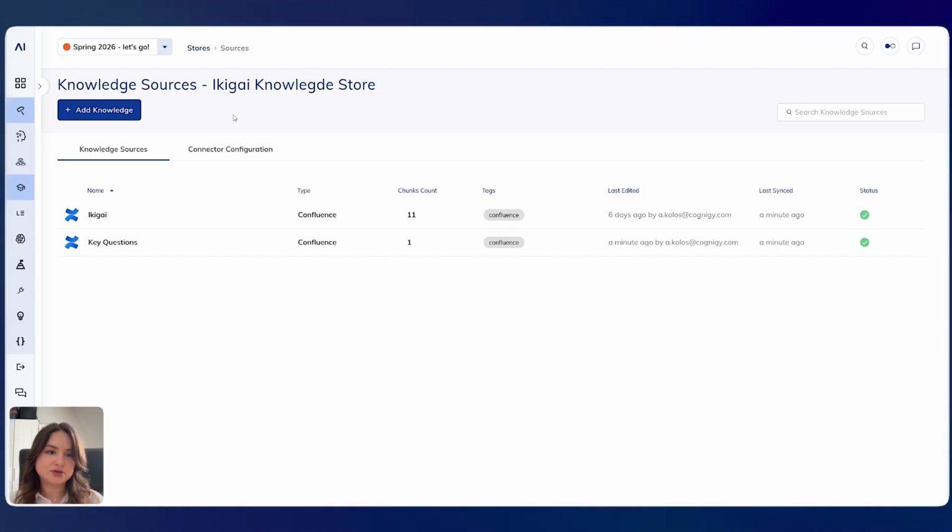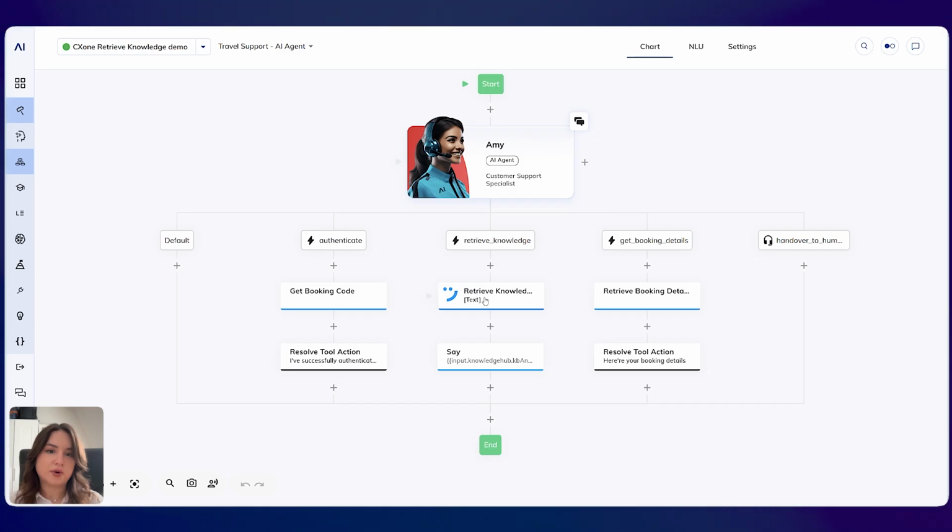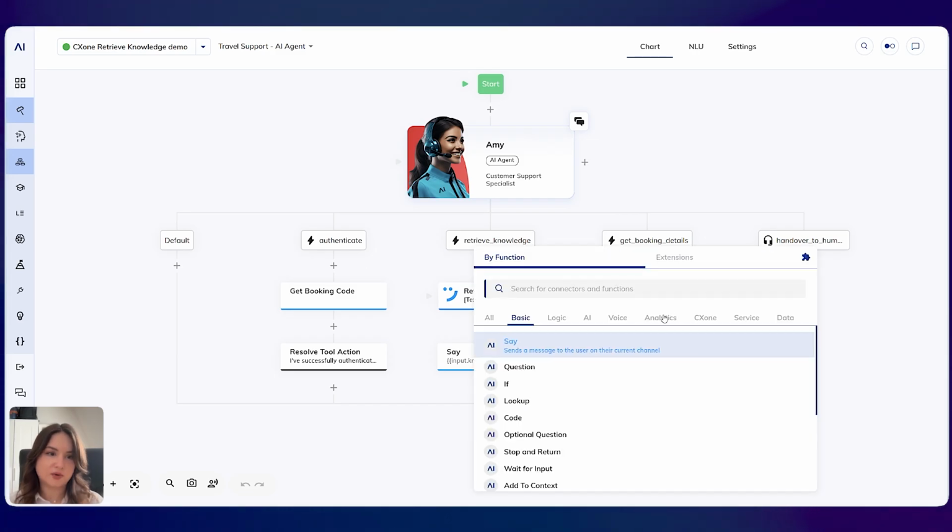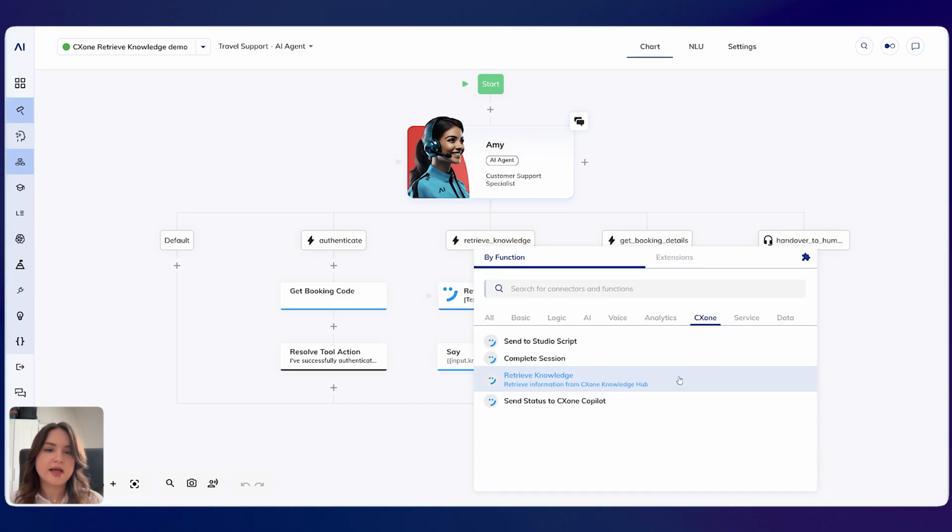Talking about the knowledge content information and also the synchronization, in the release 2026.8, we have released the first native node that doesn't require authentication and authorization keys to natively connect to the CXone application, the Retrieve Knowledge node. The Retrieve Knowledge node enables AI agents in Cognigy to fetch relevant information from connected knowledge sources during an interaction. It processes the user's query, searches the configured knowledge base, and returns the most relevant content to generate accurate and